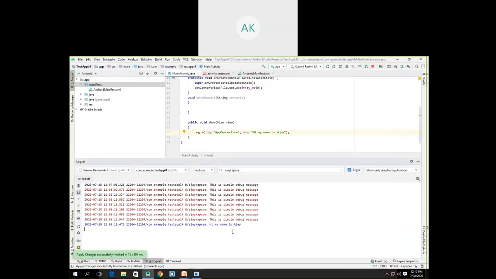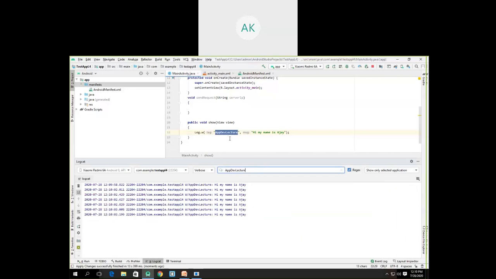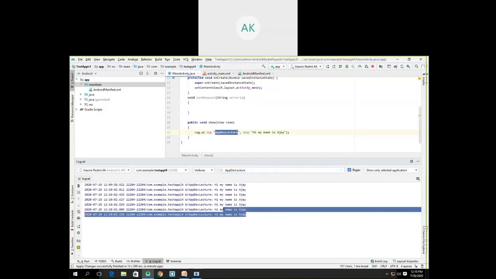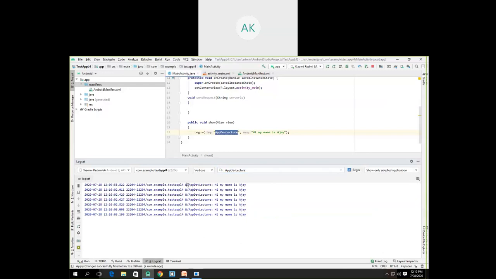The reason is very simple: I have applied the filter with the tag Ajay Kapse, and here I have changed the tag. So I have to apply the filter of the tag that I want to see. I'll copy this and paste it here. Now if I paste it, you can see it will show the messages with the given tag, that is, app development lecture.